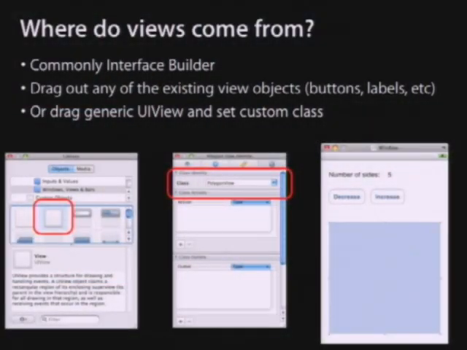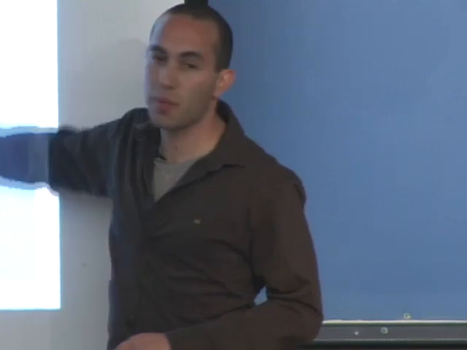My question, I think I have a slightly different question, which is, given that those exist, wouldn't choosing one of those already be a very specific act in terms of a class? So the question is, by choosing one of those, don't you automatically get a specific class? Yeah, I think so. So if you're taking a UI button, there's actually a UI button in there. If you take a UI slider, there's a UI slider in there. And when you drag those in, you get the view and you get the behavior of a slider and a button, right? So these are actually UI buttons that got dragged in.